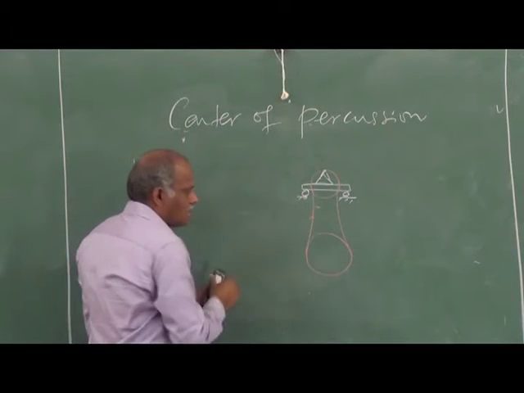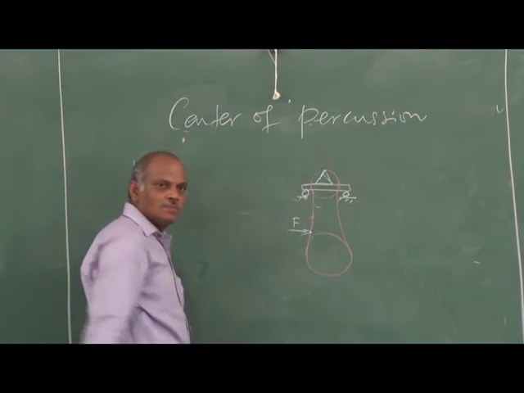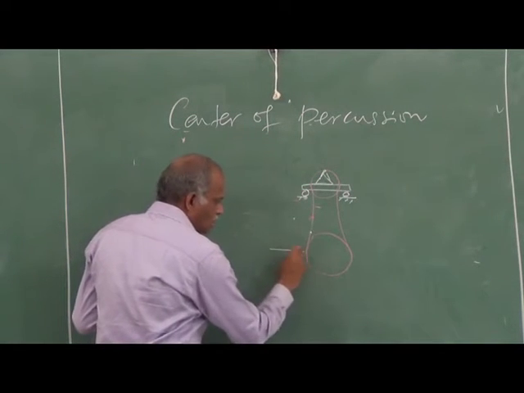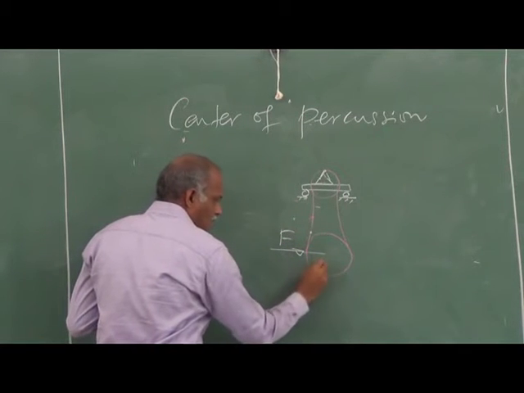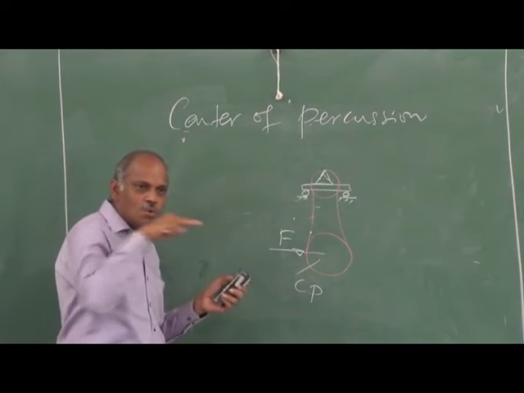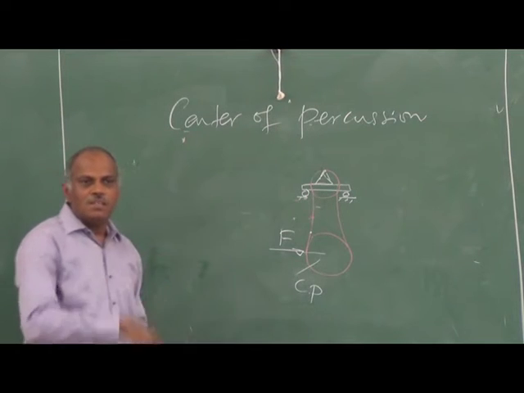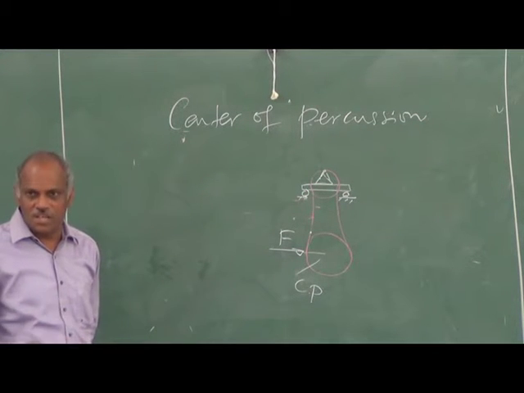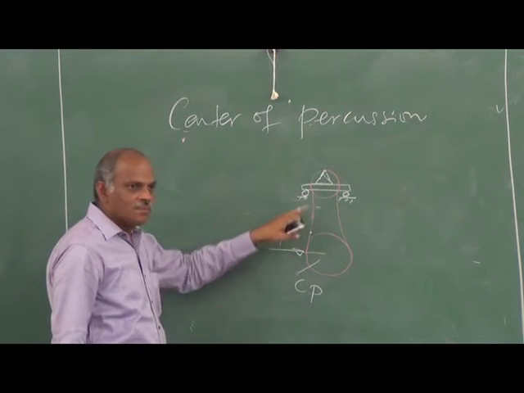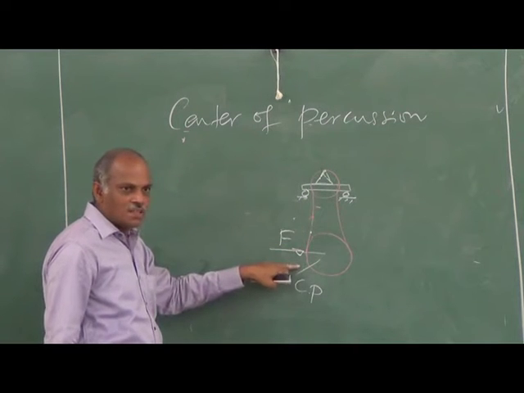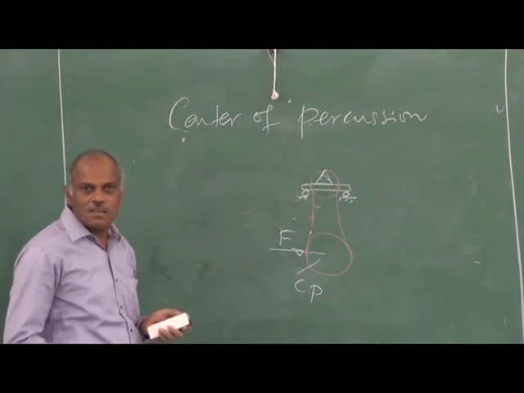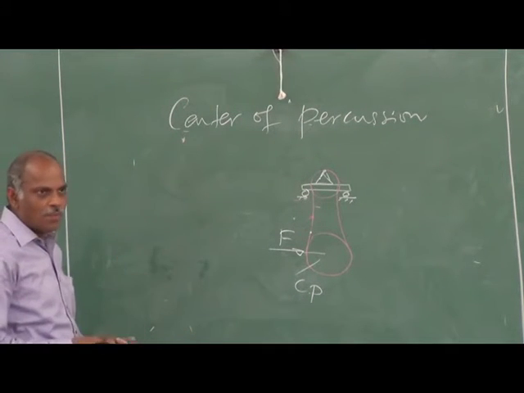Suppose you vary this somewhere else, still it may be having a reaction. Suppose you apply the force in such a way that it happens to be your center of percussion, then this will not move, but it will simply allow the thing to oscillate. That is the meaning of having a zero reaction. Okay? So you have a point. This point is fixed, means center of percussion is fixed. Suppose I change this oscillation point to somewhere else, you will find a new place where the center of percussion lies. So, they are pair points.